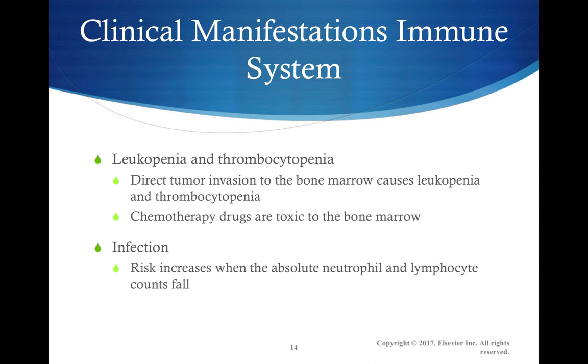Clinical manifestations in the immune system result in leukopenia and thrombocytopenia. So basically, you can look for cancer patients to have these signs and symptoms early on in their disease process, an increased risk for infection because of the neutrophil and lymphocyte counts. And this